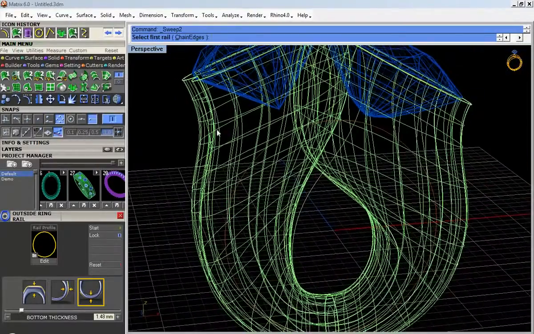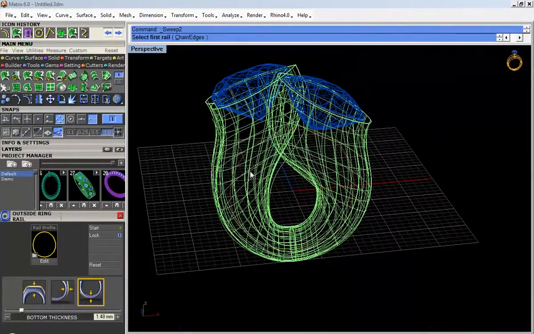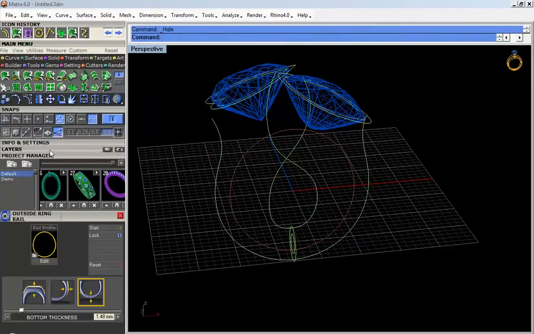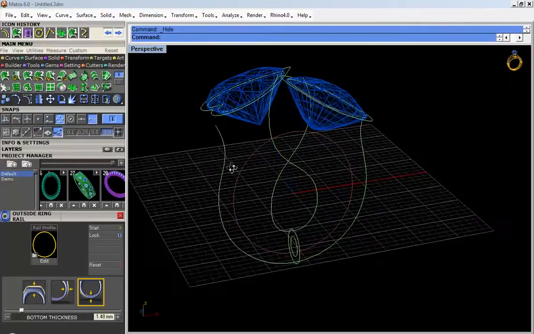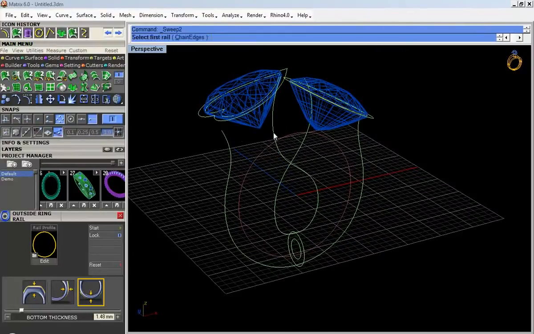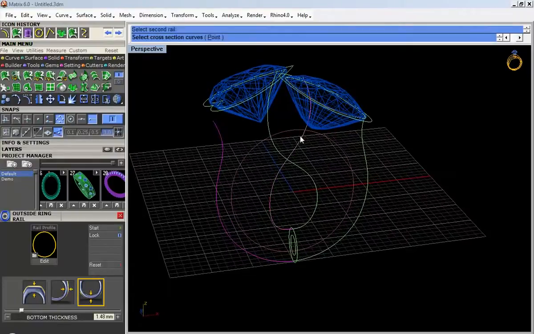Select this one. Which one? The curve. Right now I'm getting disturbed because of this, so I'm going to hide them. Okay, and then sweep 2, 1, 2,